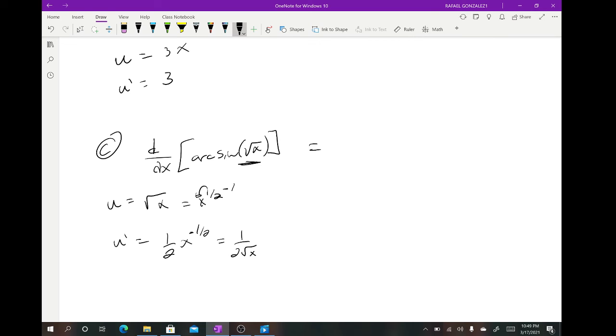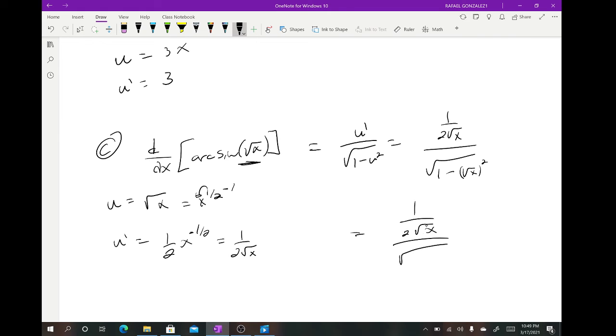So now we have, again, arc sine was u prime divided by the square root of 1 minus u squared. So this is equal to u prime. Well, u prime here is what? U prime here is 1/2 radical x divided by radical 1 minus radical x squared, because again u was radical x. We could simplify this actually a little bit more. So this is 1/2 radical x over 1 minus x,